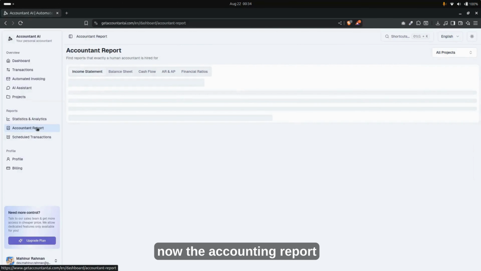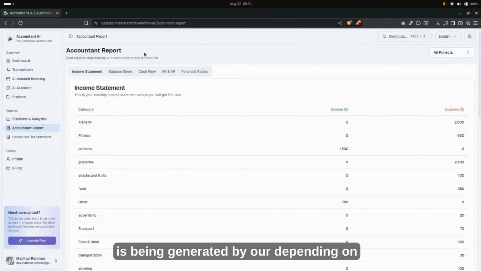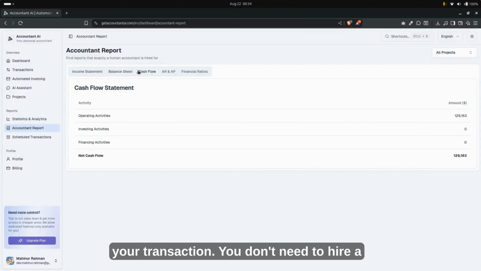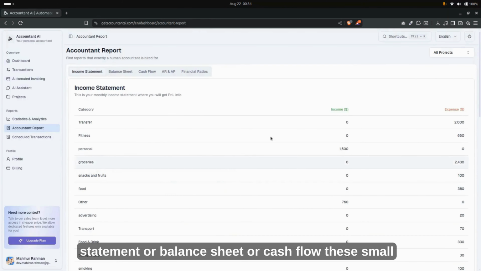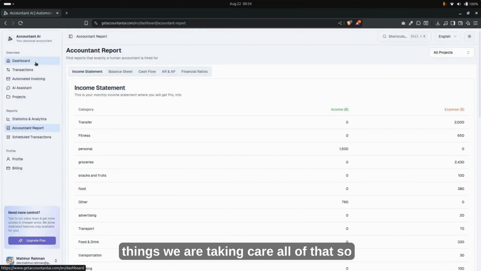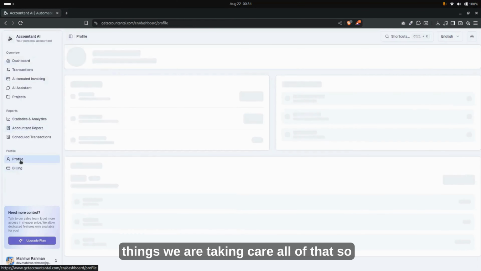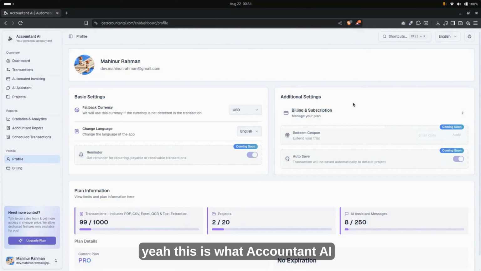Now, the accountant report, which is an instant report that is generated depending on your transactions. You don't need to hire a personal accountant for your income statement or balance sheet or cash flow. These small things we are taking care of. So yeah, this is what accountant AI